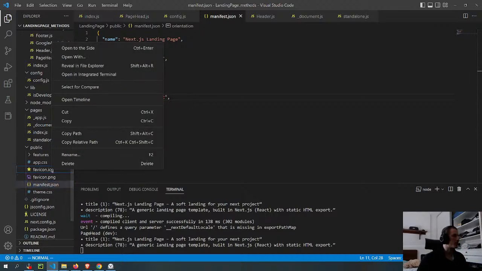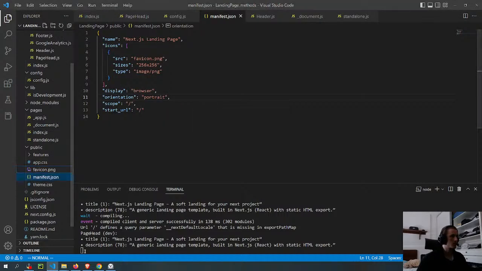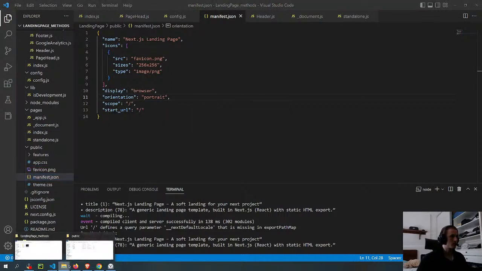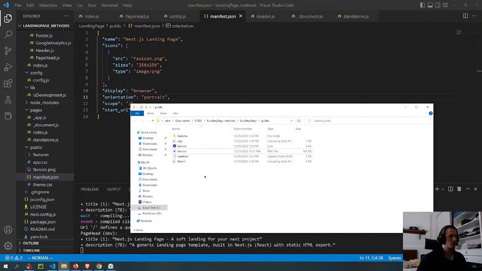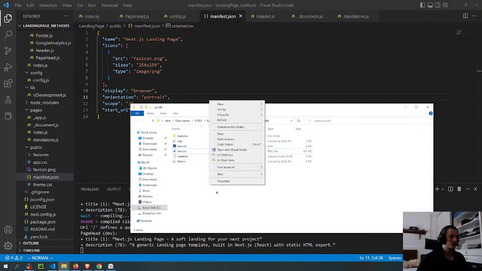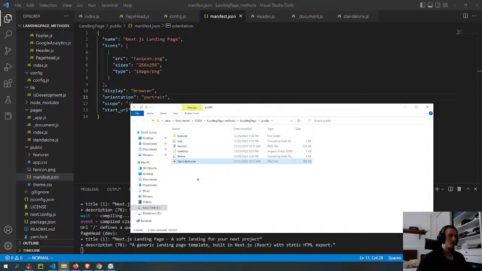I'm gonna do the same thing. I think I'm gonna leave the same image. I forgot the extension.